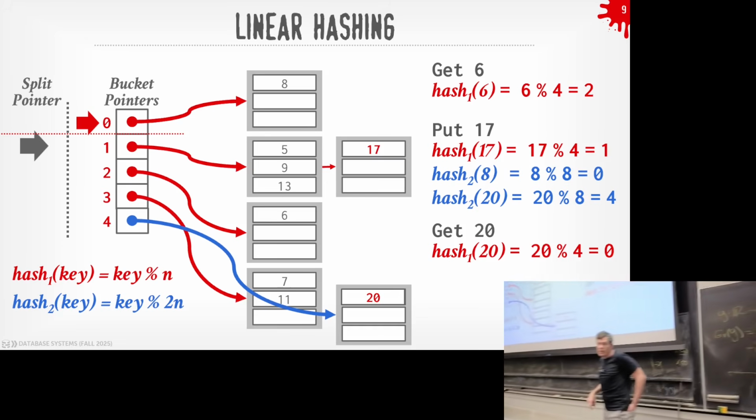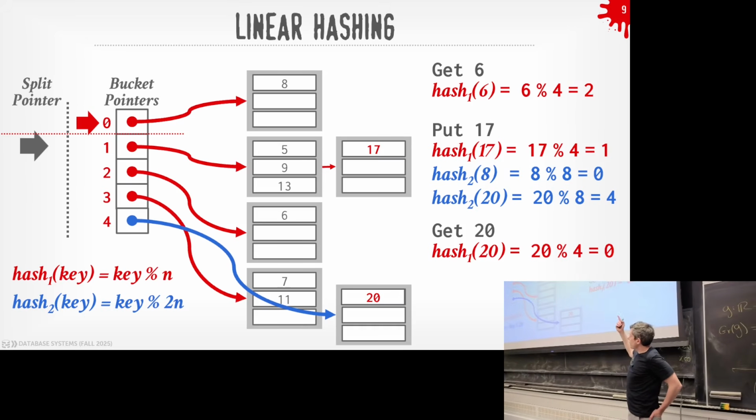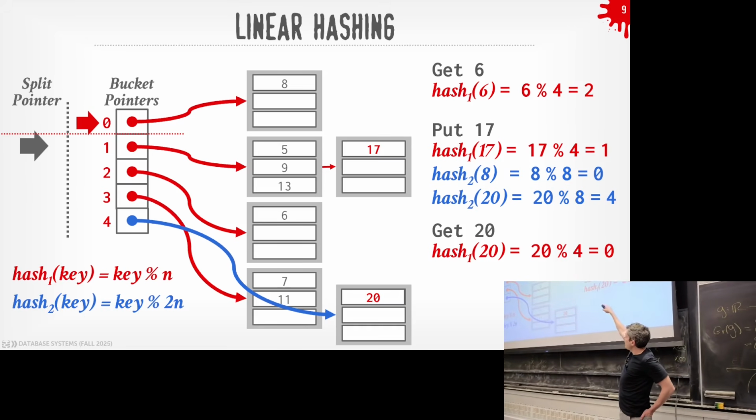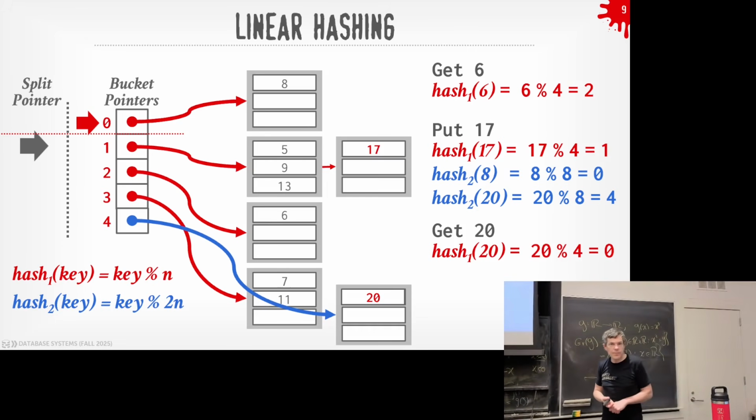I'm saying in this case, we already overflowed with the 17. So your question is, if I insert something again here, does that count as an overflow? Yes. You could choose not to, and say, all right, I'll just keep going until that second bucket is full because I've already created it, no big deal. But again, think of the extremes. I don't want to have to do a linear scan and jump inside that to find the thing I'm looking for. So if I can avoid that by splitting, it's worth doing.